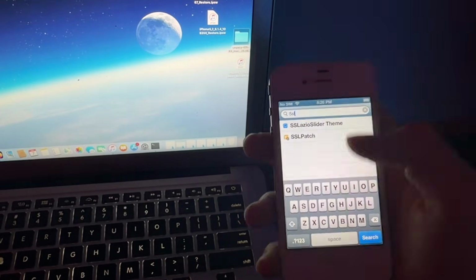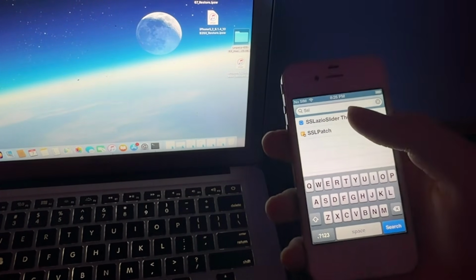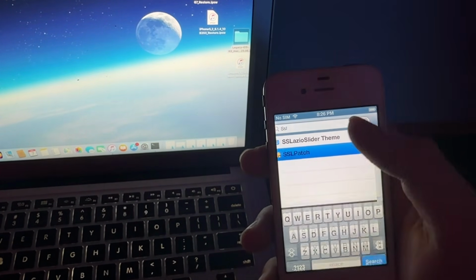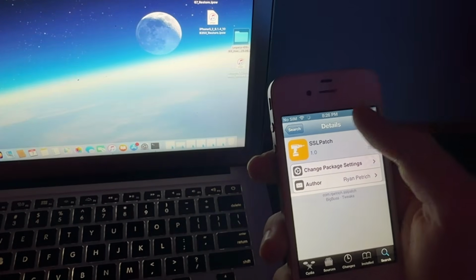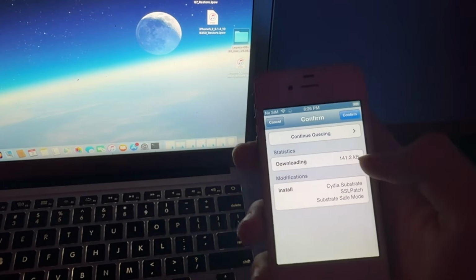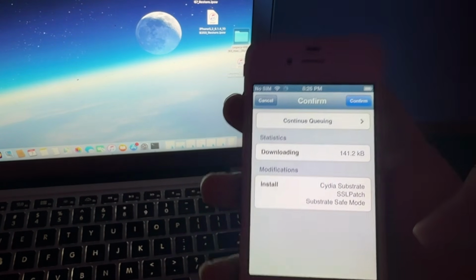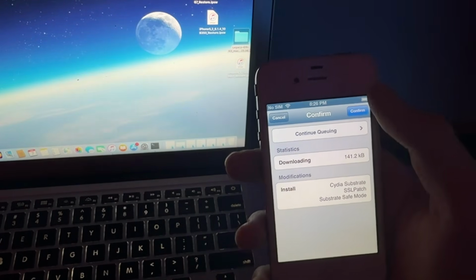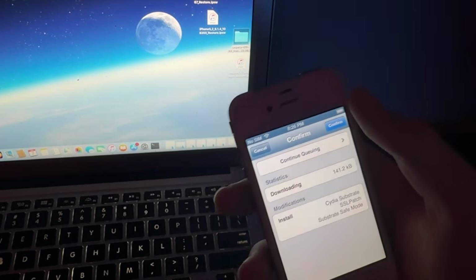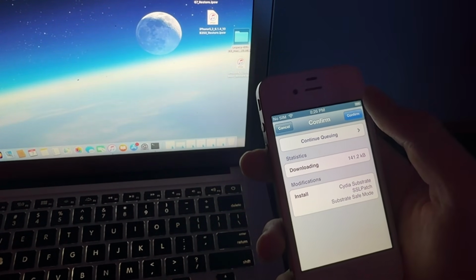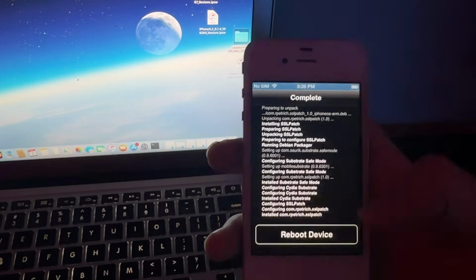And the next thing you're going to do is you're going to search up SSL patch, because there's some security vulnerabilities on iOS 6, and this can just be fixed with one tweak. So all you're going to do here is you're going to hit confirm, and this is also going to install substrate safe mode, which is good in case something goes wrong when you install a tweak or a bad tweak, so you can go ahead and uninstall it and go into safe mode and stuff. So you're going to hit confirm on that, and then you just reboot your device. And yeah, you should be good to go, and you can feel free to install any tweaks that you